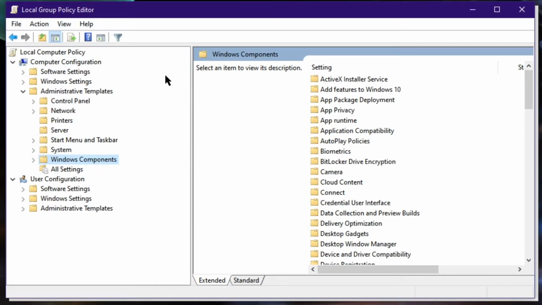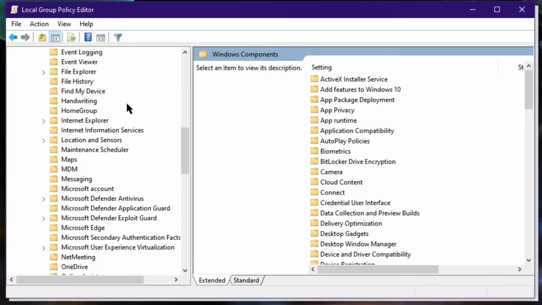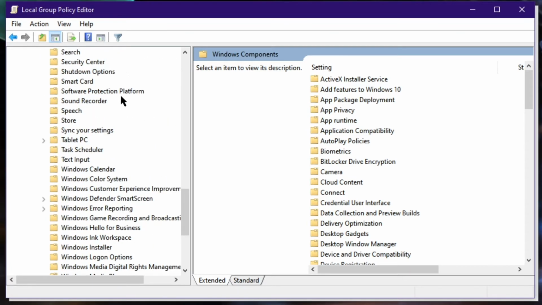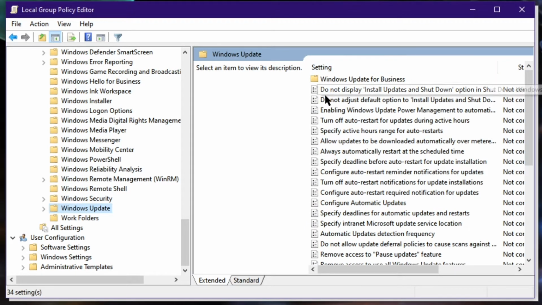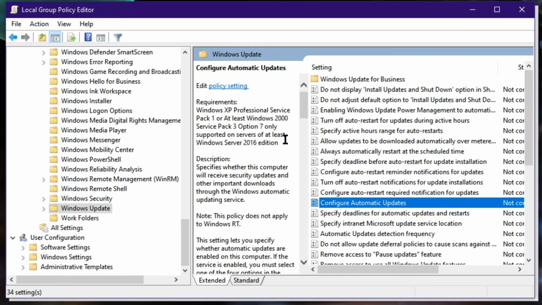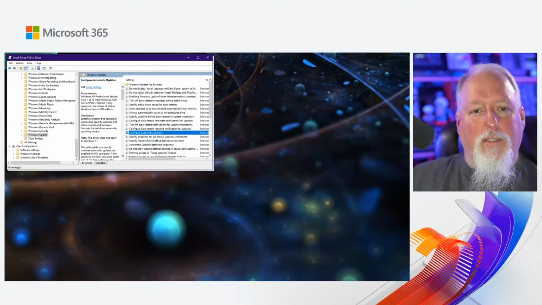So if I pull up the group policy editor here, and I go from computer configuration to administrative templates, and then look at Windows components, and then scroll down till I get to Windows Update, there is a setting here that is called Configure Automatic Updates. And that setting, if you set that to disabled, makes it possible for you to disable updates for as long